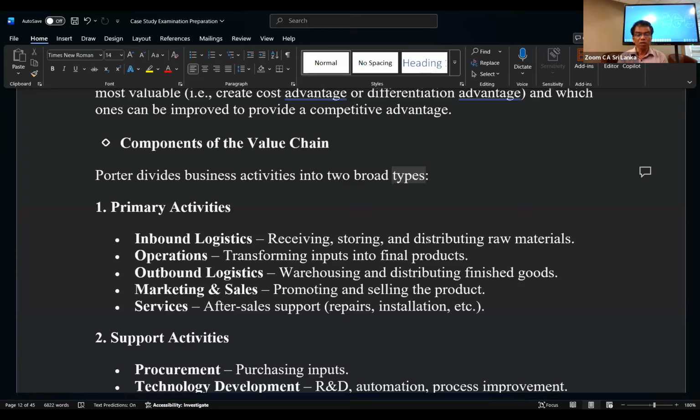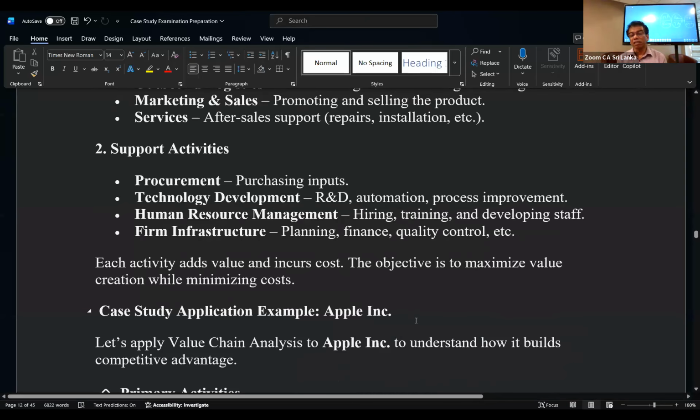Then you must formulate strategy to create wealth for the shareholders. That means an increase in your profitability and a reduction in your cost of production, right? That is very important. Those are the strategies you have to bring. When you talk about the primary activities and supporting activities, also procurement, maybe procurement procedures. So there may be corrupt procedures, right? More corruption there. Then you identify that procurement has a problem. These are the problem areas.